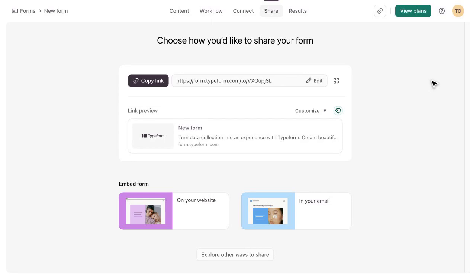So that's it. Describe your quiz, let the AI write the questions, tidy them up in the editor, then share